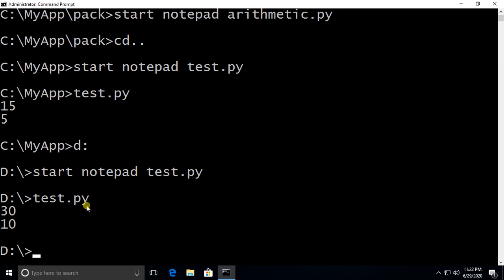Now not only here, any other place also, any other location also you can access. You can set permanent path also. How to set permanent path? Just open File Explorer.